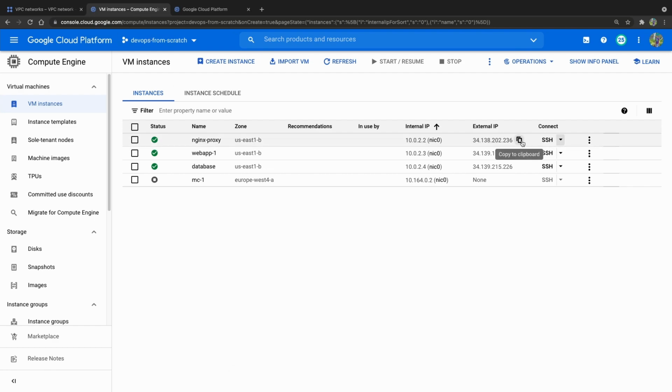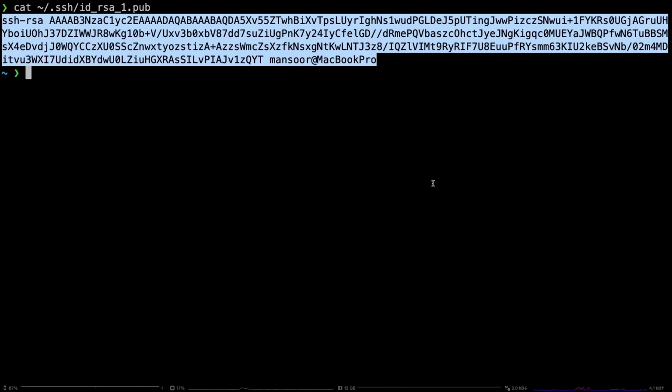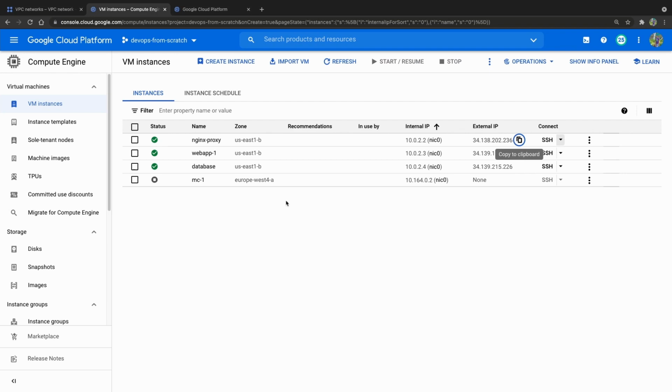Alright, so let's go ahead and copy the IP address and try to log in. Let's see what happens. We won't be able to connect to this machine at all. It's gonna time out. It is because we have not created any firewall rules for this machine, for this network